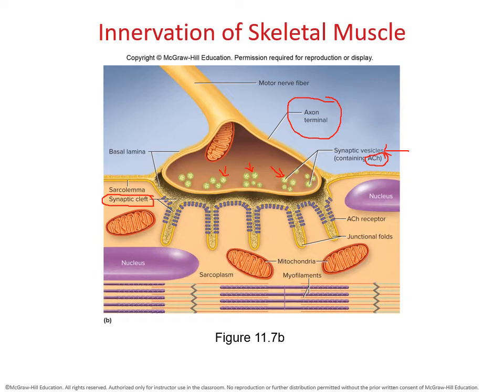And as it's releasing them, it's going to release the acetylcholine. The acetylcholine is going to be your neurotransmitter. It's going to be a chemical messenger, and it's going to travel over to the sarcolemma. If you look at the sarcolemma, you're going to notice that it has these little blue lines all over the place, labeled as acetylcholine receptors. So the acetylcholine that's being released by the axon is going to travel over to these receptors.